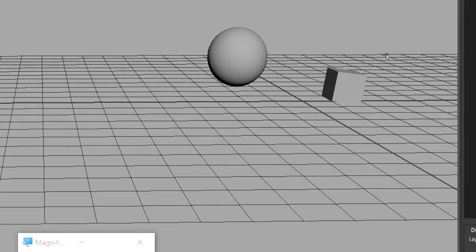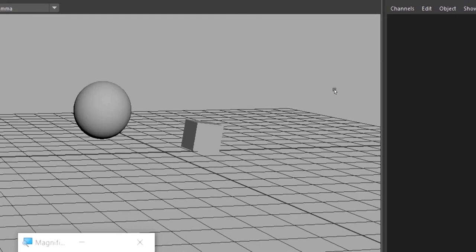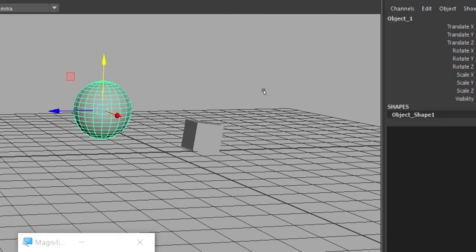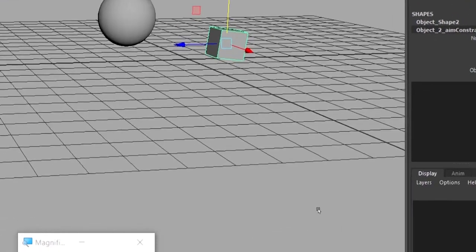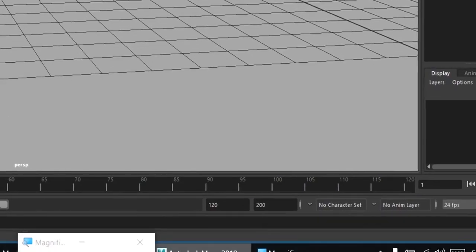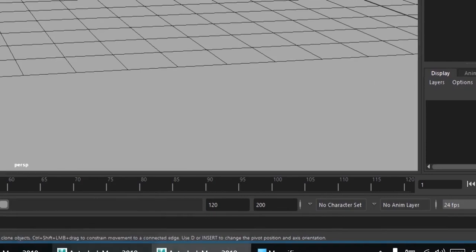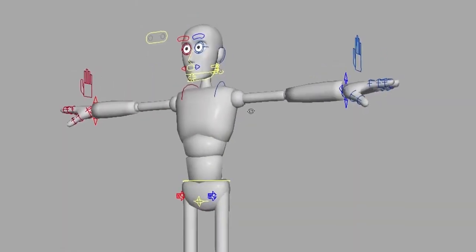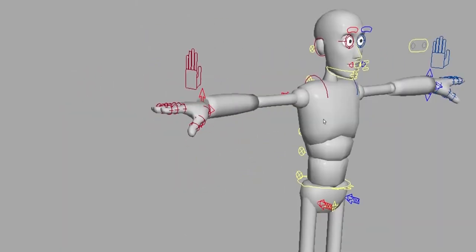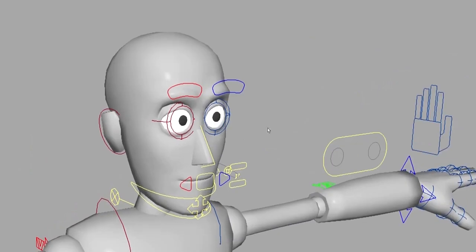Because it has cross connectivity, the connectivity between translation and rotation. Practically, in rigging, I will explain where it is needed with one simple example. You can see the human rig that I have.